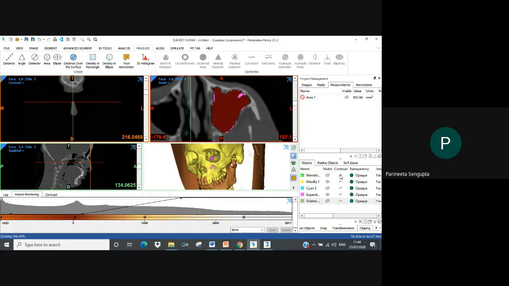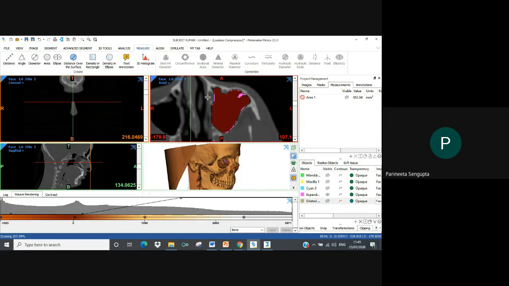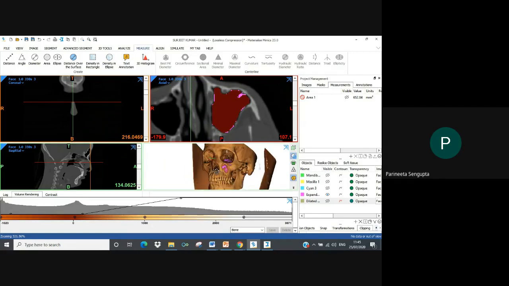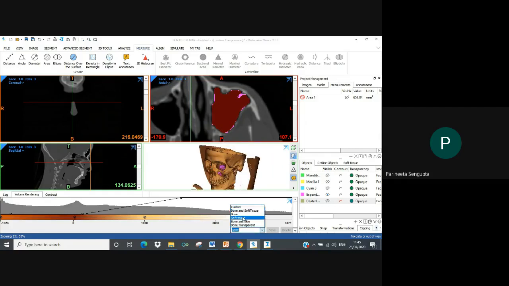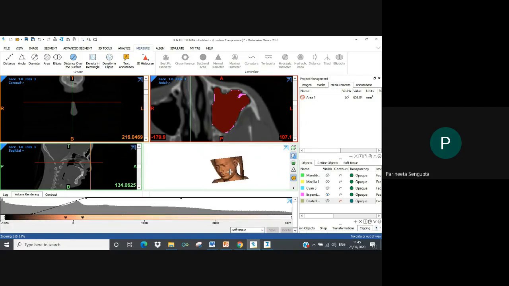I'll hide this. So you don't have to create a mask. Based on the volumetric analysis done by the software, it will recreate the bone for you. Say I wanted to see the soft tissue. This can also be done manually. I'm just changing some points, and you can see the transparency is increased.